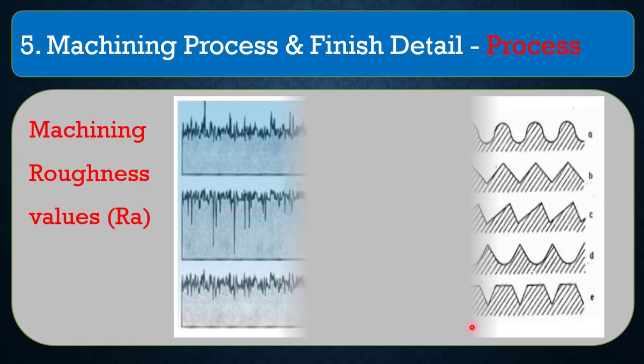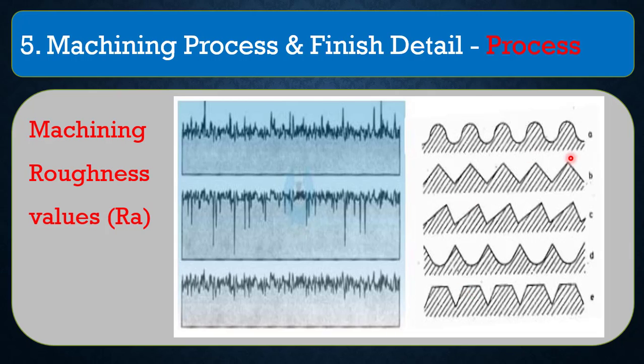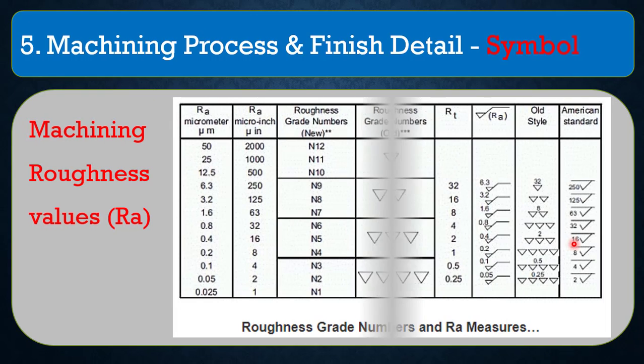In the microstructure view, with respect to cutting tool application, you will find different forms of geometry, and then you will see the die designer uses this symbol, which is the old methodology, the inverted triangle, starting from 1 triangle to a maximum of 4 triangles. And you can see the numbering system also. N1 is the finest form and N12 is the roughest form. In the drawings nowadays you will find a triangle along with the leader line, and also in the BOM list.